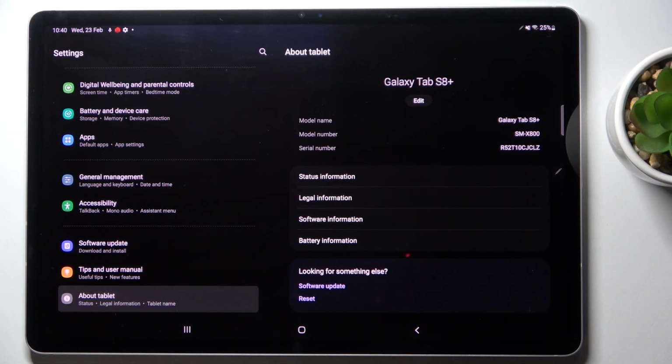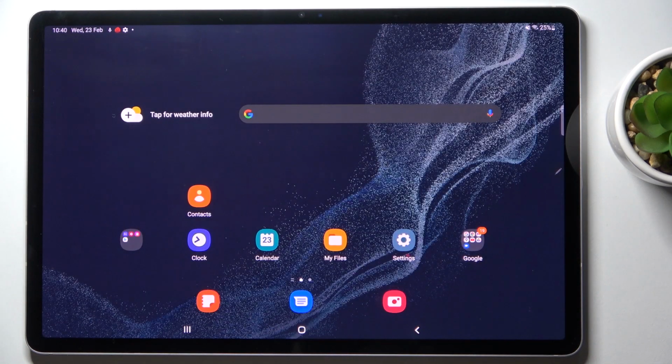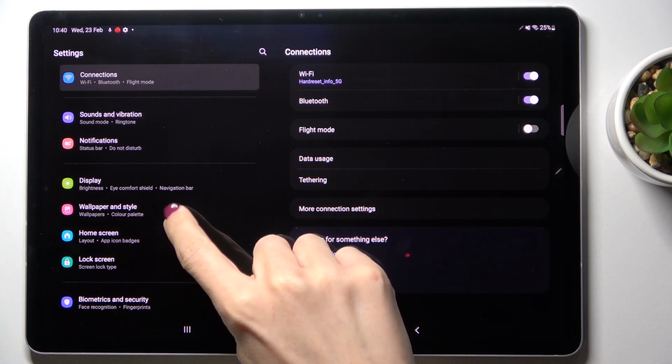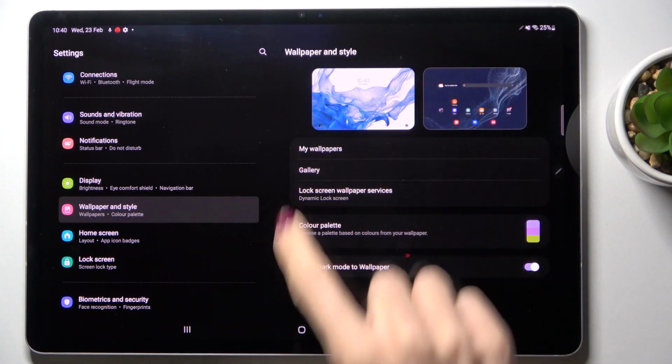In front of me is Samsung Galaxy Tab S8 Plus, and let me show you how to change wallpaper on this device. So currently this is our wallpaper. To change it, just open the settings, then find and select wallpaper and style, and here you can find several